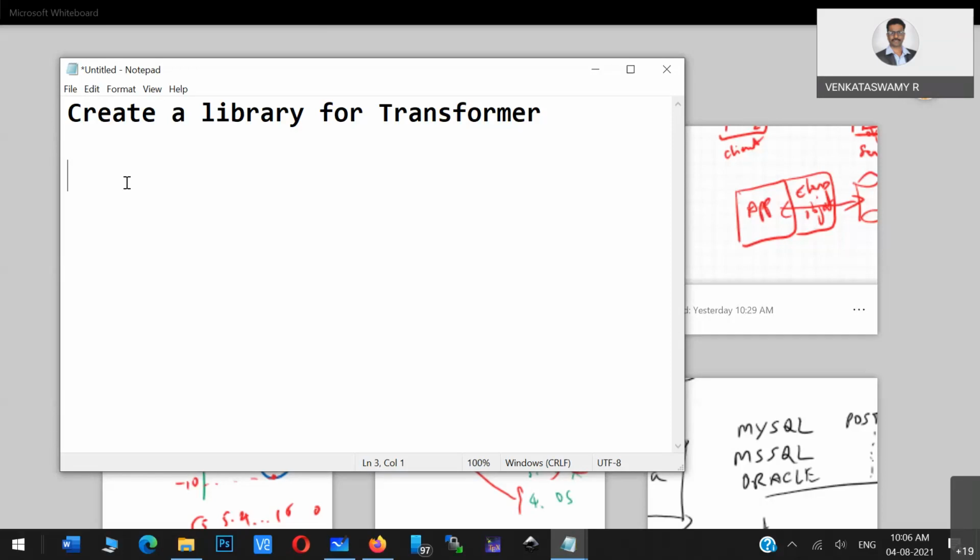Normally in computer science, models are created using classes. Nowadays machine learning and AI based models are coming, but conventionally, if you want to create a model, that model is nothing but classes.